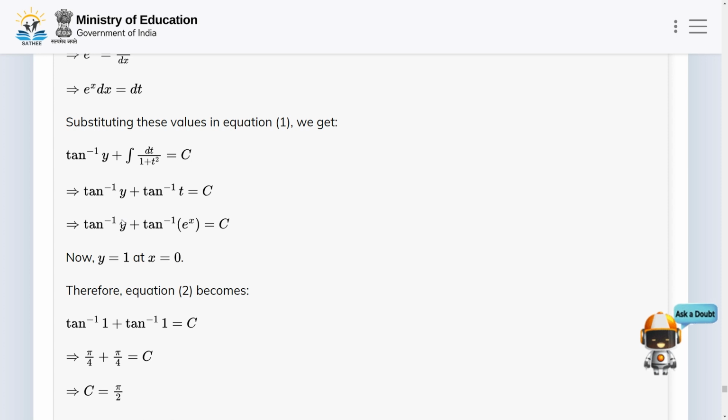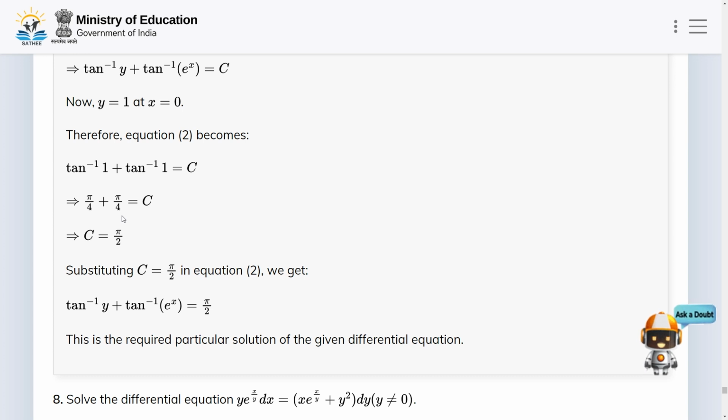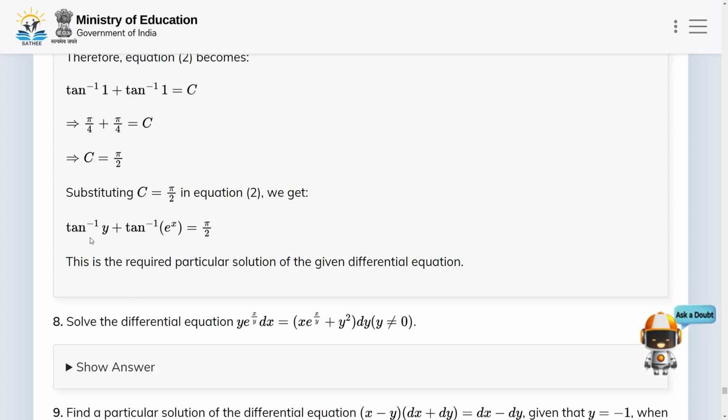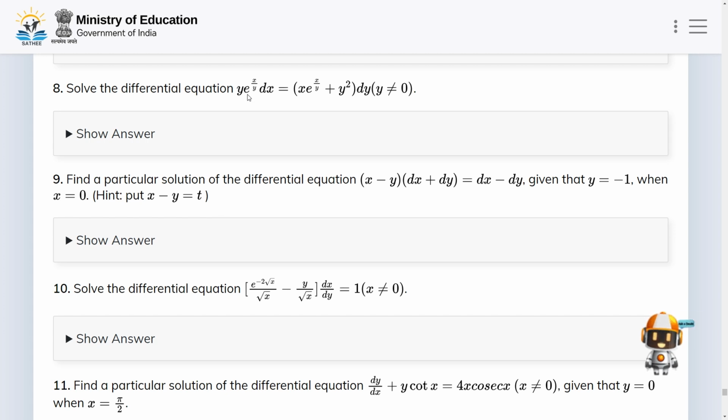Now substitute your conditions. x is 0, y is 1. At x equals 0, tan inverse 1 is pi by 4. This means pi by 4 plus pi by 4 is equal to c. This means pi by 2. c will be pi by 2. So your particular solution will be tan inverse y plus tan inverse e^x is equal to pi by 2. Clear? Now the eighth problem. y e power x by y dx is equal to x e power x by y plus y